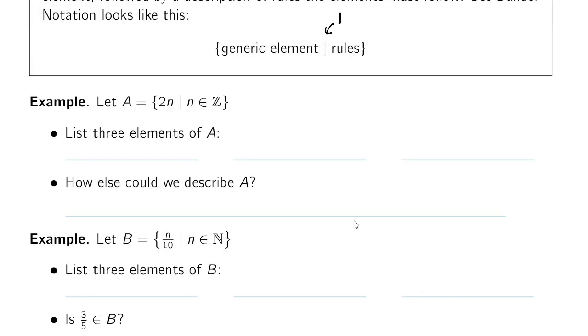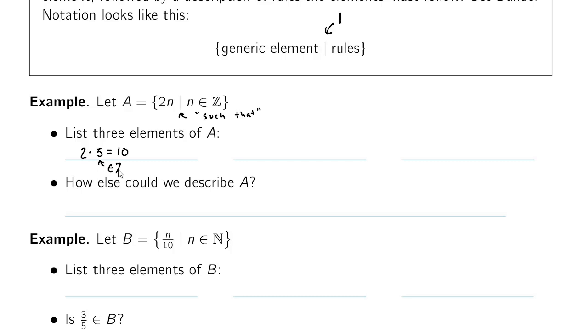So how do we read this set builder notation? If we have, for example, A is the set consisting of all elements of the form 2n, such that, right, we pronounce this bar as such that, n is an integer. So that means A consists of all of the numbers that we can get by taking an integer and multiplying it by 2. So for example, we could have 2 times 5 is 10,